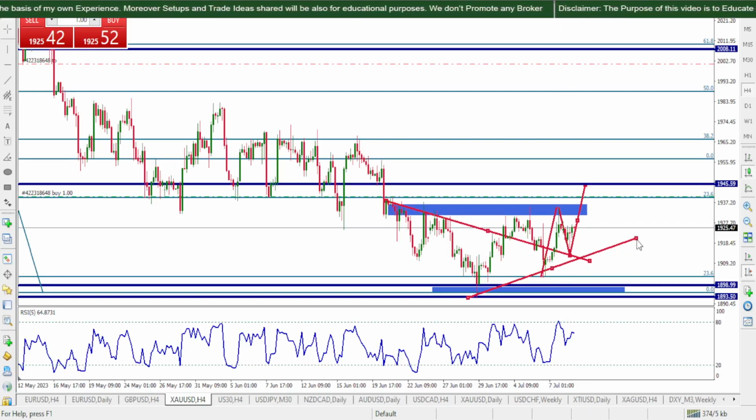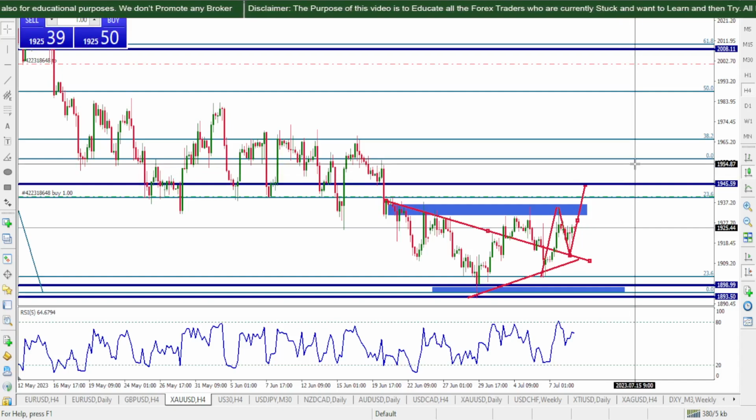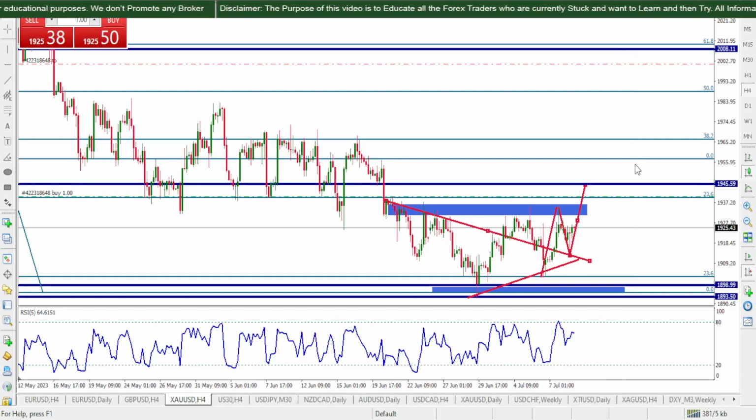If you see, the completed triangles I have discussed on the pound dollar as well, I will be updating you about that, but that 350 pips trading plan is still valid. Let's see how it turns out to be on the pound dollar. I will be discussing that tomorrow morning. For now, if we see, this is clearly approaching 1945.59. There is some fundamental activity which definitely I will discuss tomorrow.